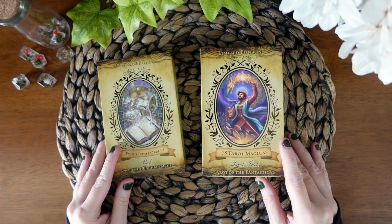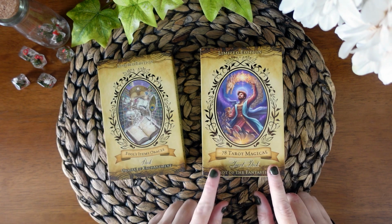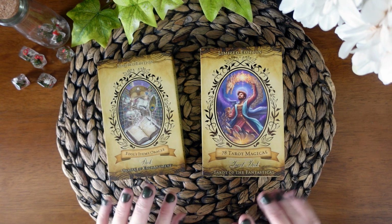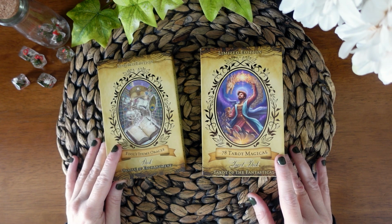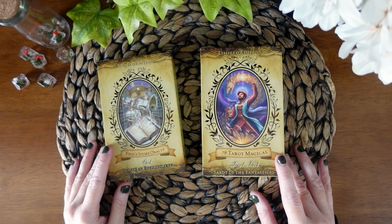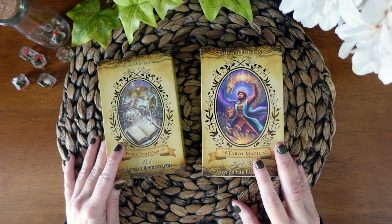Today I wanted to share with you a little bit about how I've been working with the 78 Tarot Magical and the Fool's Items Oracle, both by the collaborative effort at 78 Tarot. Now, full disclosure, both of these decks were sent to me for review a couple of months ago, and I have been working with them, trying to get a good sense of them and how they will work in my